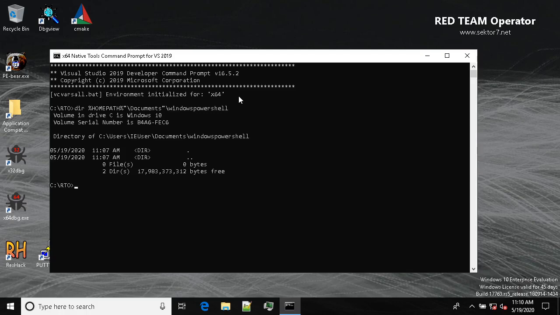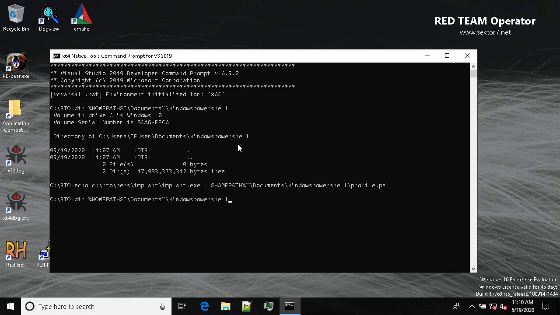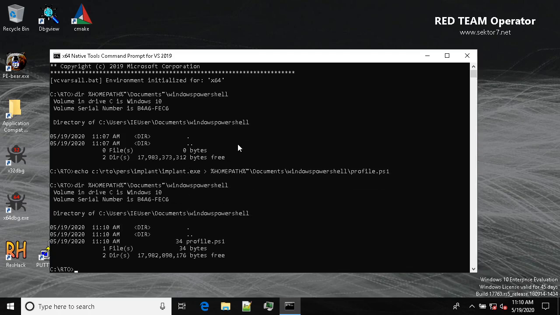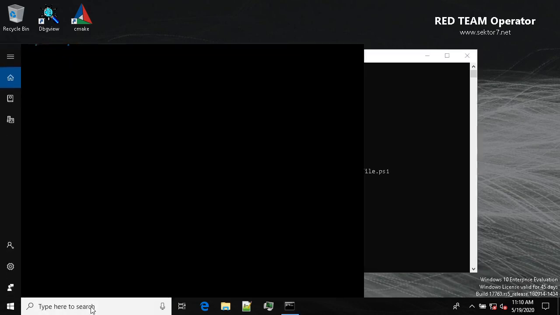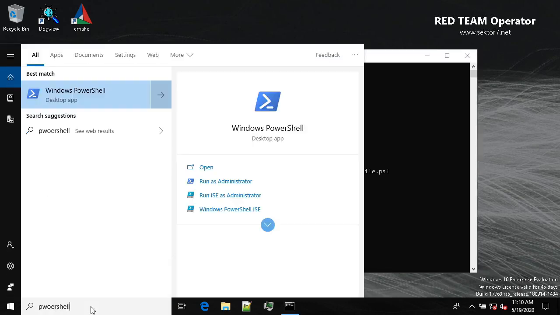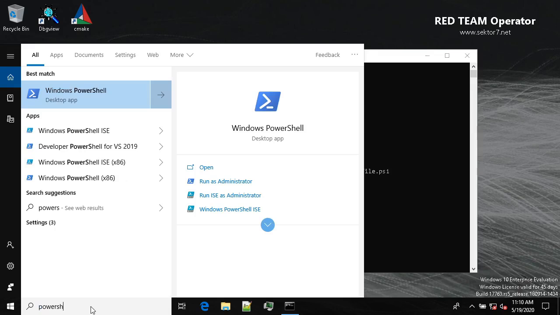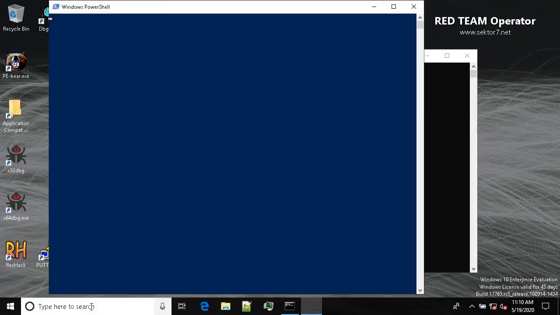All right, so let's do that. Let's create a simple profile.ps1, which will contain only one line launching our implant. And that's actually it. Okay, so now when the user or some other mechanism runs PowerShell,